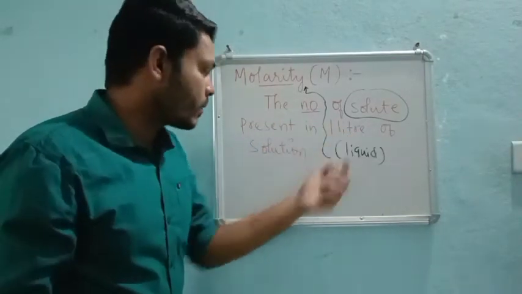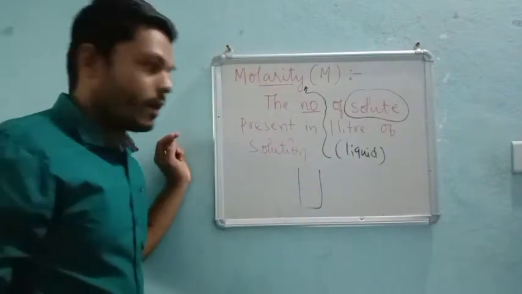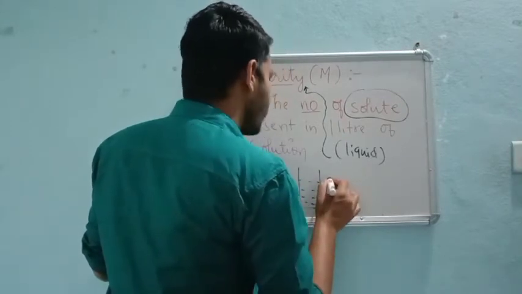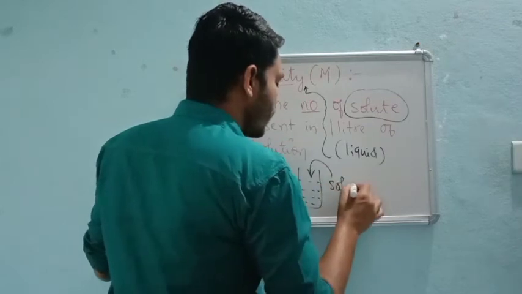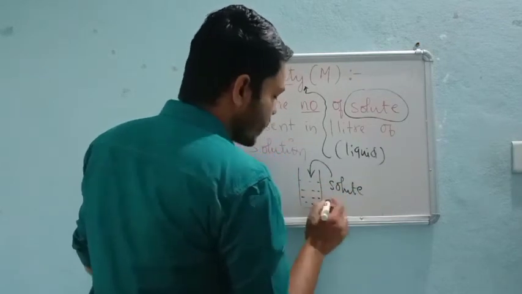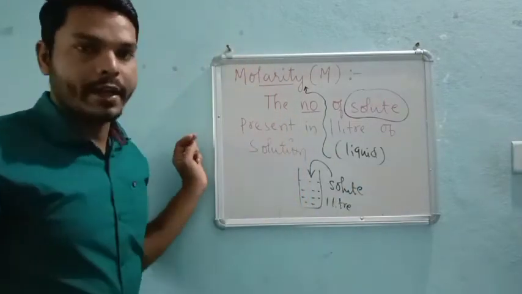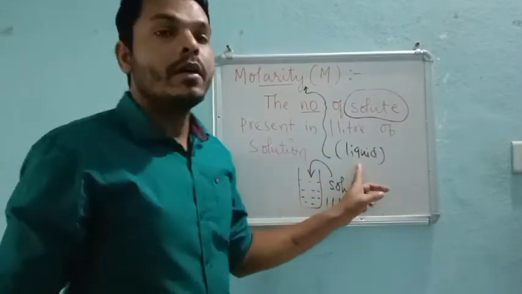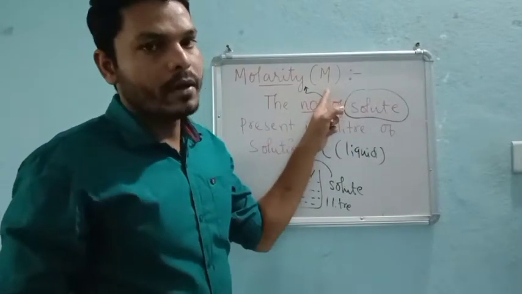So 1 liter, that means consider a 1 liter bottle, right? In the 1 liter bottle, whatever may be the solvent concentration, we have added some amount of solute. So whatever the amount of solute present in the 1 liter of solution is nothing but what? Molarity. And the molarity we consider in case of a liquid, and it is denoted by the capital letter M,